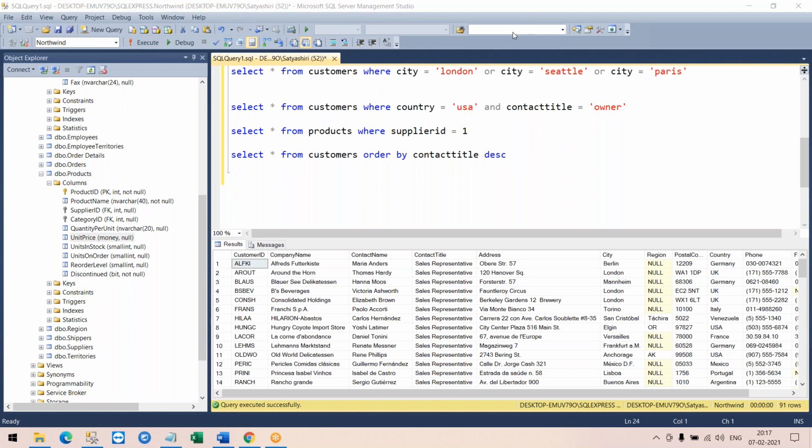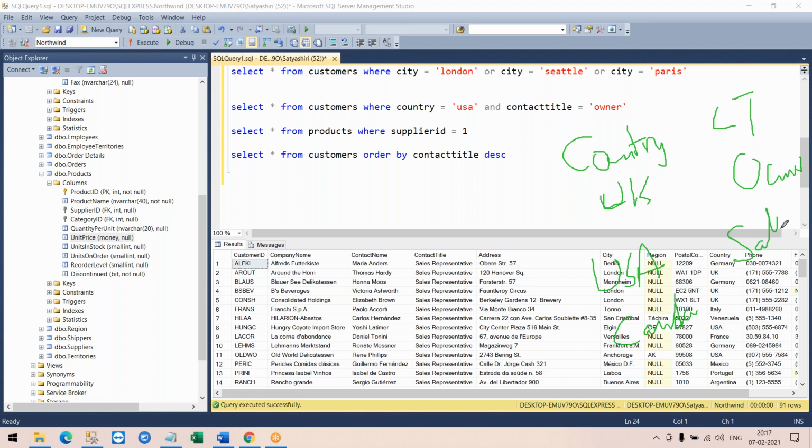Okay. Let's do one simple condition. I want customers in these countries. Customers in UK, USA, and Canada. And their contact title has to be owner or sales representative.